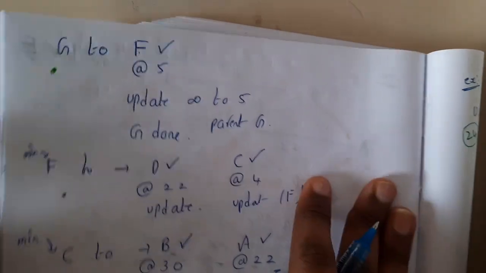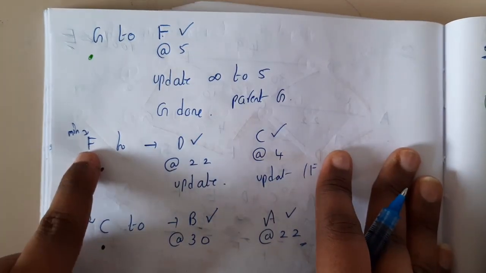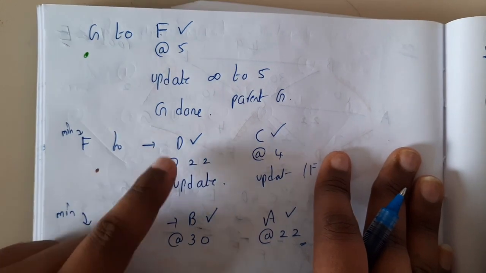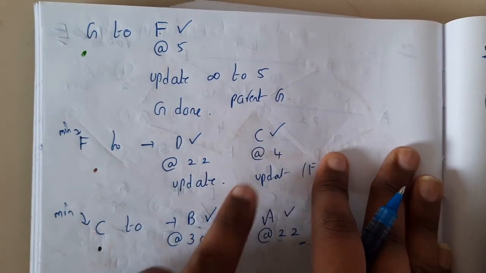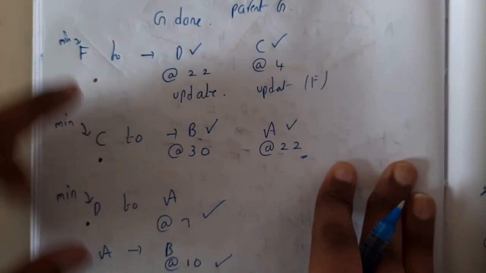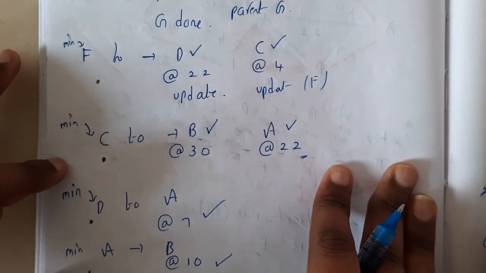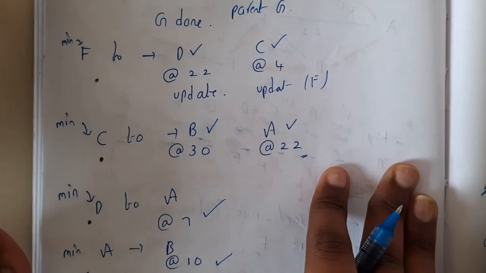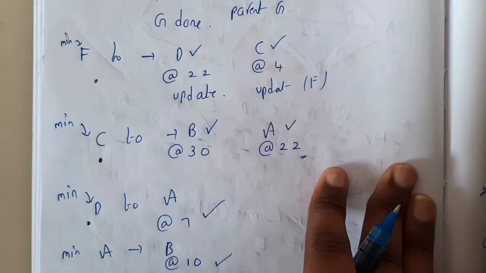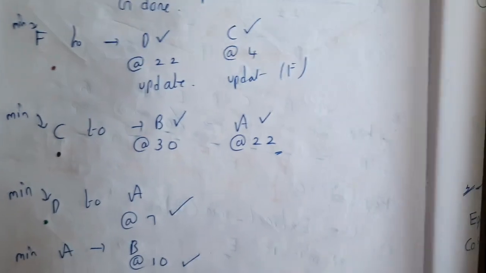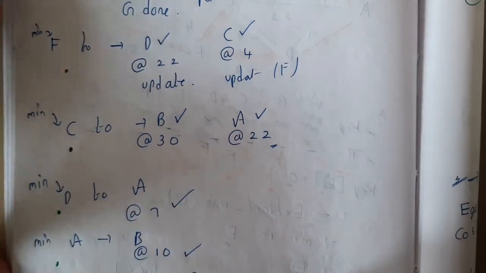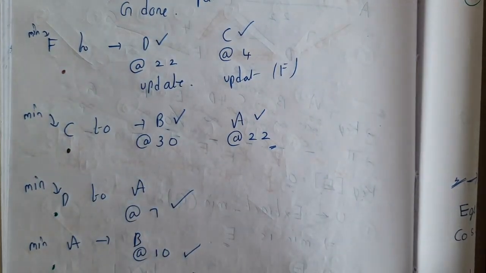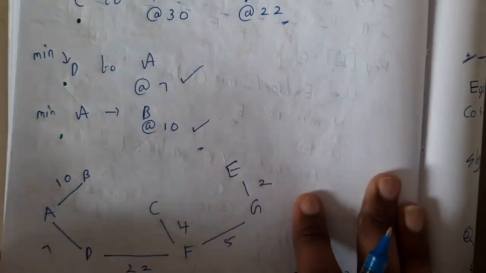Okay, in a similar way you will be continuing from G to F also. From F, you will be checking that we have D and C, among which D is minimum, so you will be updating it. In that way you will be continuing, guys. If you are confused here, please try to trace the algorithm, guys, because I also get a bit confused when applying this algorithm. That is the reason why I am just showing you how it is done, and please try it yourself, because I will confuse you more if I try to teach this.